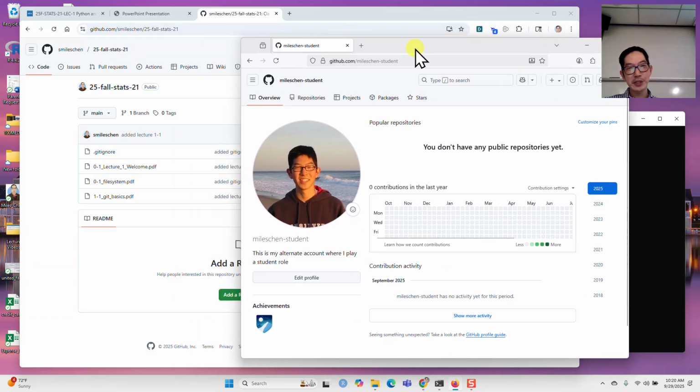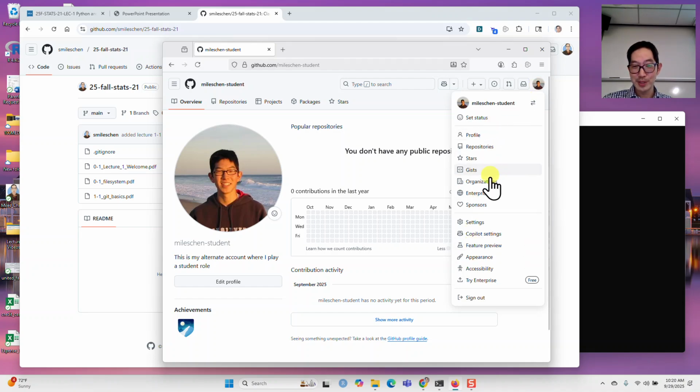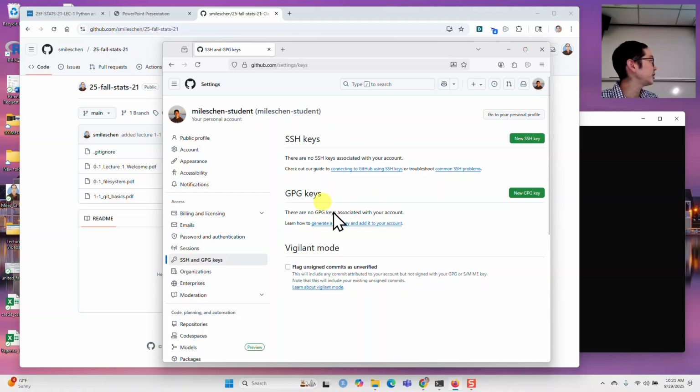So what you need to do is you need to go to GitHub, you need to create an account. And it will probably look like this. It'll say, oh, you don't have any repositories yet, or maybe you do. And what you'll want to do in order to get your computer to talk to your GitHub account is you have to go to your account profile. So there'll be a little icon in the upper right-hand corner, and you're going to go to settings. Under settings, you're going to want to add SSH keys. SSH and GPG keys. So on the left-hand side, you want to create a key, an SSH key, and we're going to add an